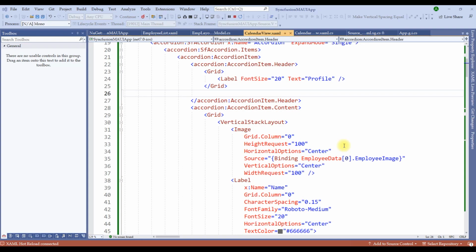With this, we have successfully learned calendar, accordion, pop-up and expander controls. In the next session, we'll